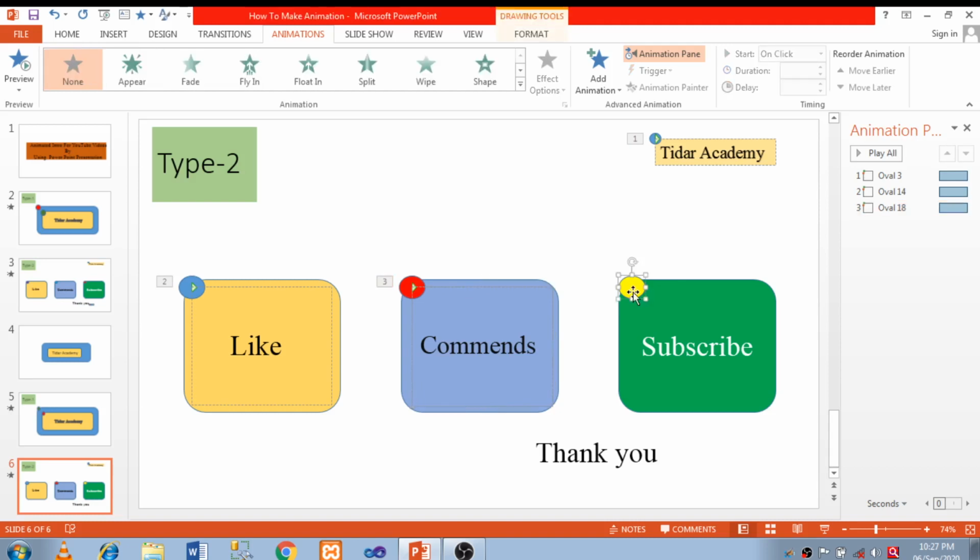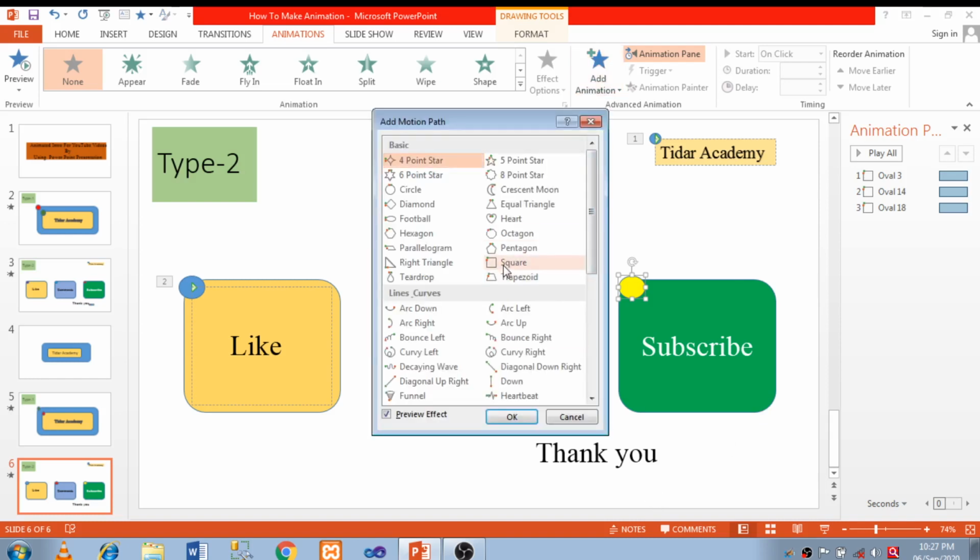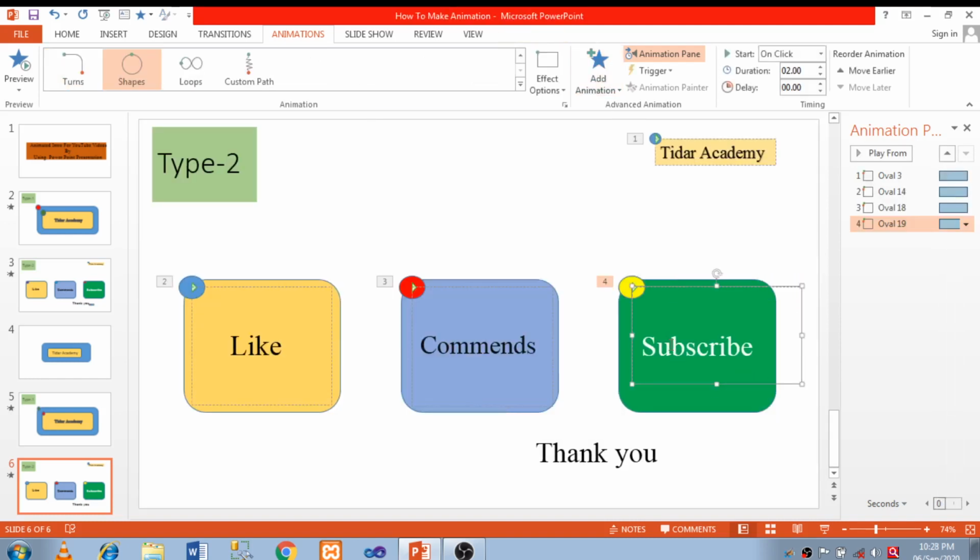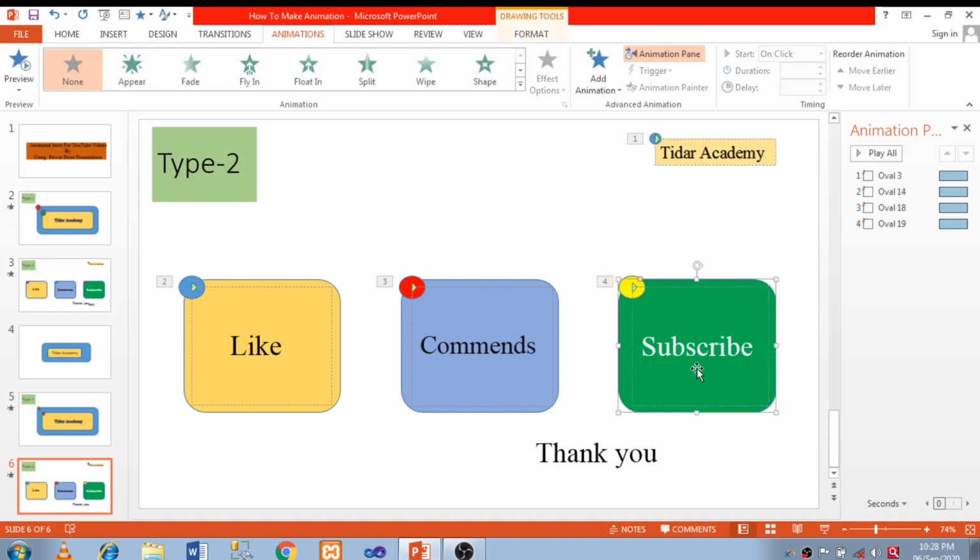Similarly, select the yellow ball, go to Add Animation, More Motion Paths, square, customize it. In this way I have added the balls on the like, comment and subscribe rectangles.